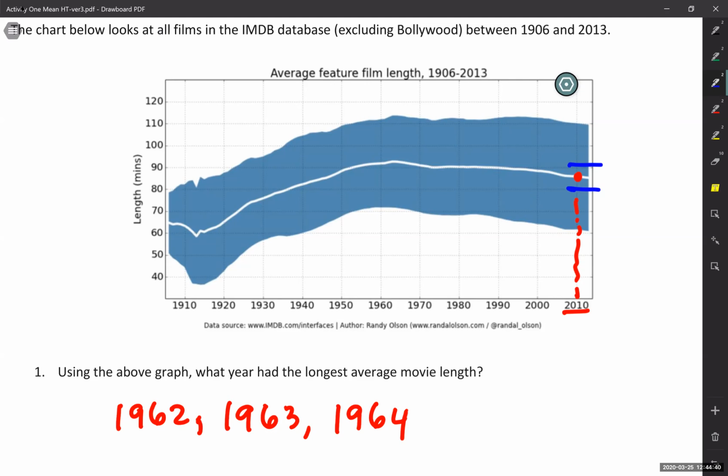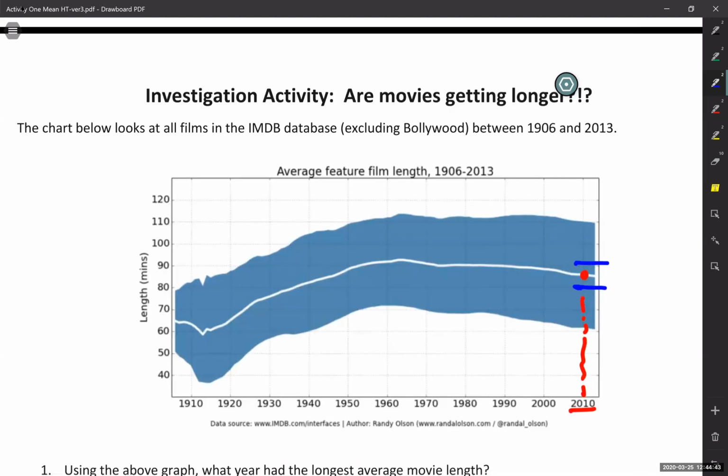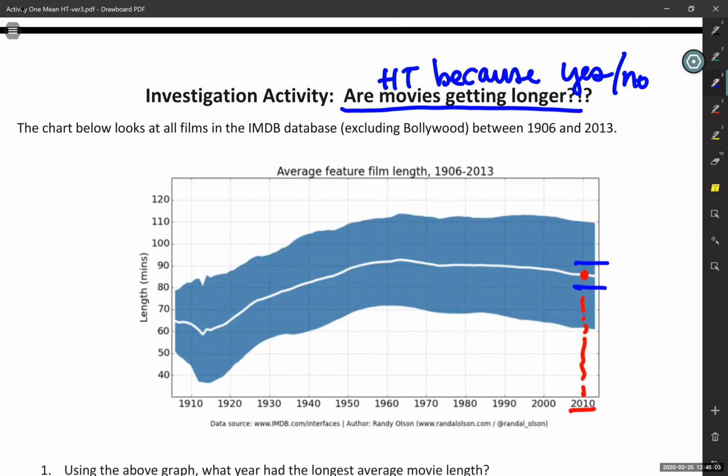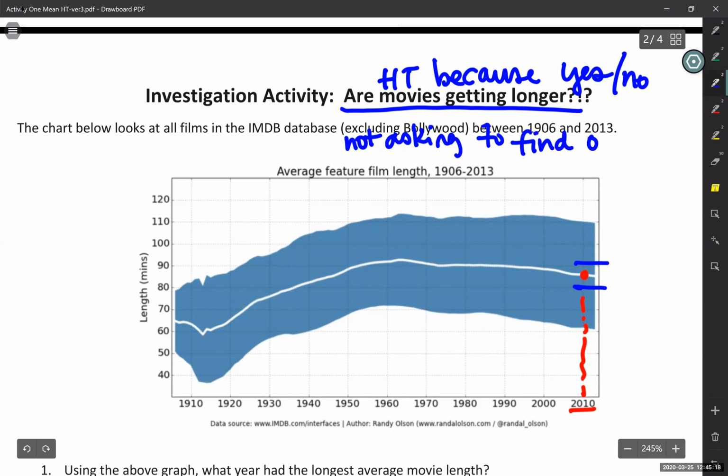So going back to the top of this page, what we are trying to find out is, are movies getting longer? So this is definitely going to be a hypothesis test kind of question, because it's a yes or no question. And yes or no questions are perfect for hypothesis tests, whereas when we're not asking to find a number or estimate something,